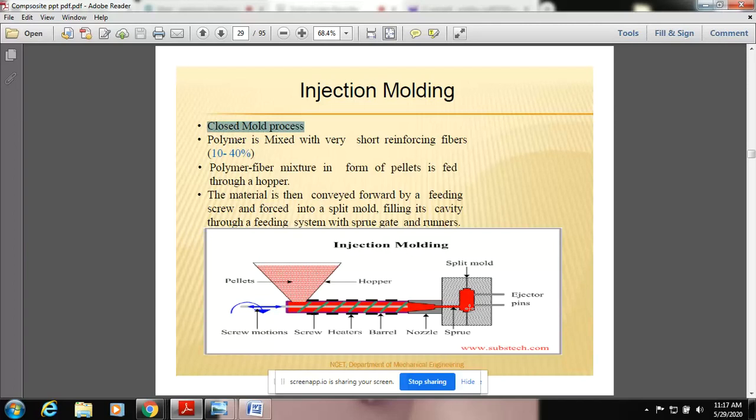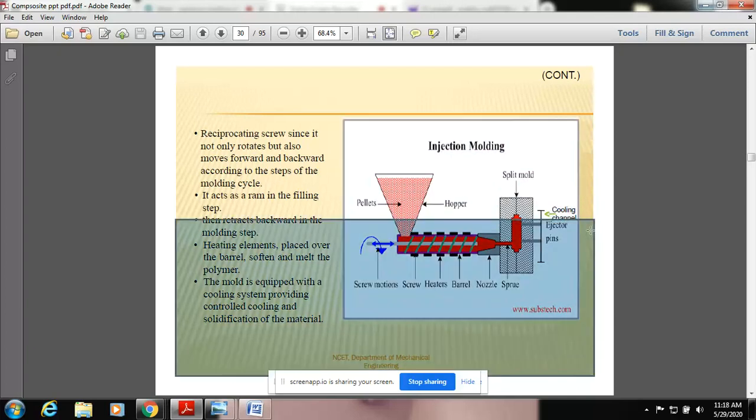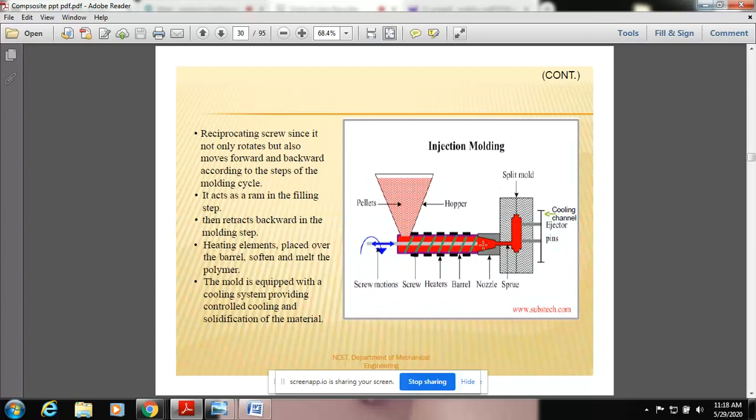Okay. See, this was the function of injection molding. Now we're going to discuss the parameters we need to consider while processing injection molding. Now see here, as I mentioned, it is the same figure, but there is one change between the previous figure and this figure, that is the cooling channel. What is the function of the cooling channel here?